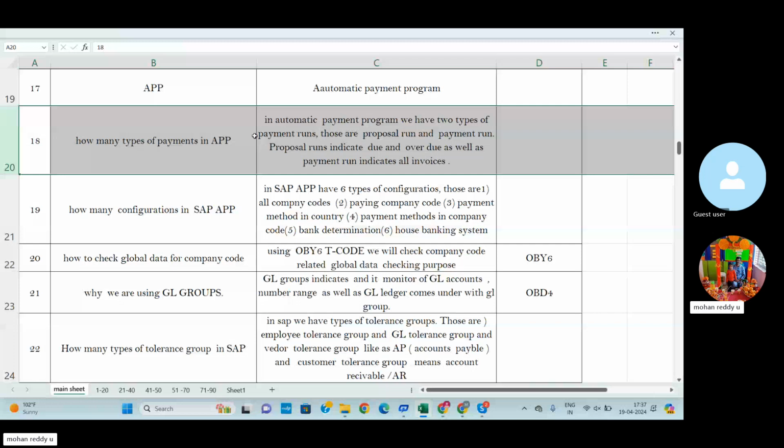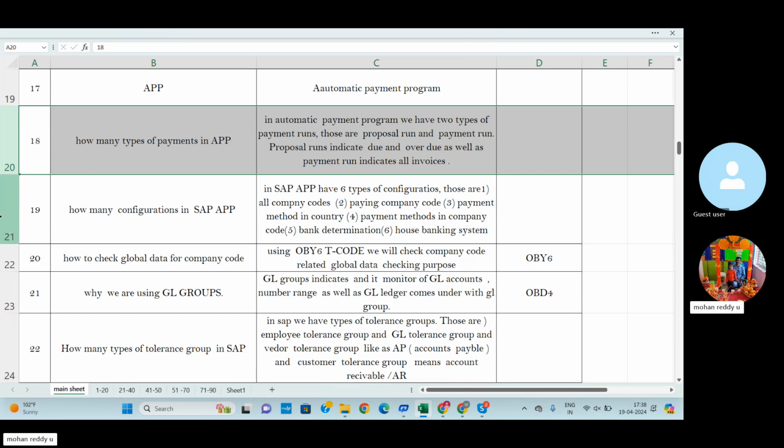For example, we can buy goods and services from a particular vendor, but you have payment terms like 2 days, 45 days, 50 days, 25 days. After the duration is completed, only then can it display the due. But here the payment run indicates that without the due date also we can clear, before the due date starts. We can clear all the invoices. For this purpose we can use the payment run.